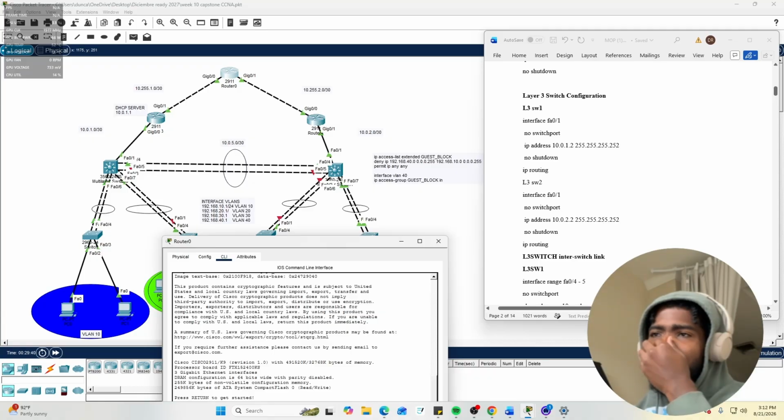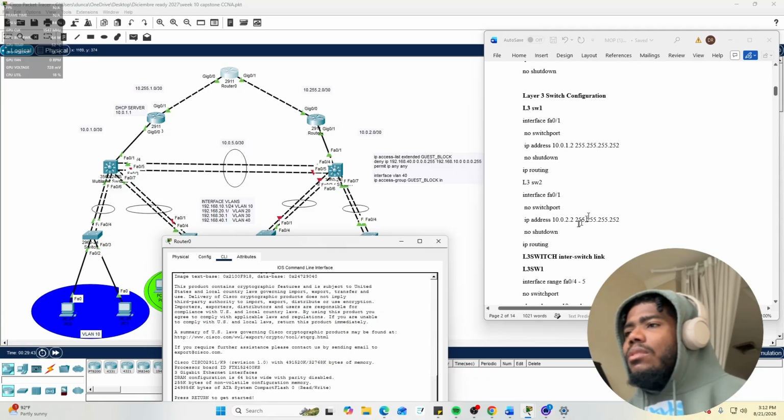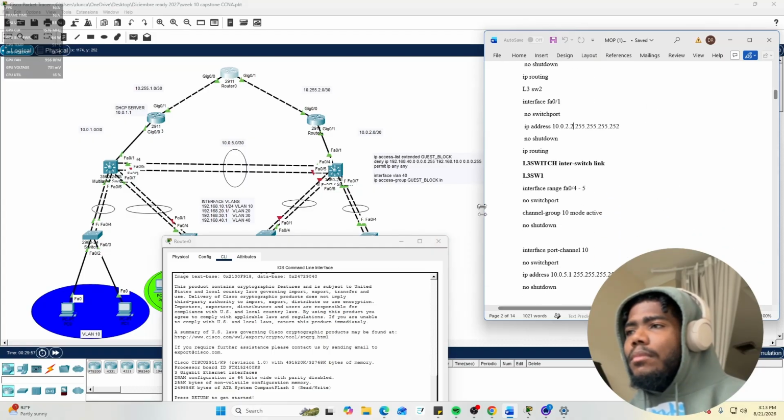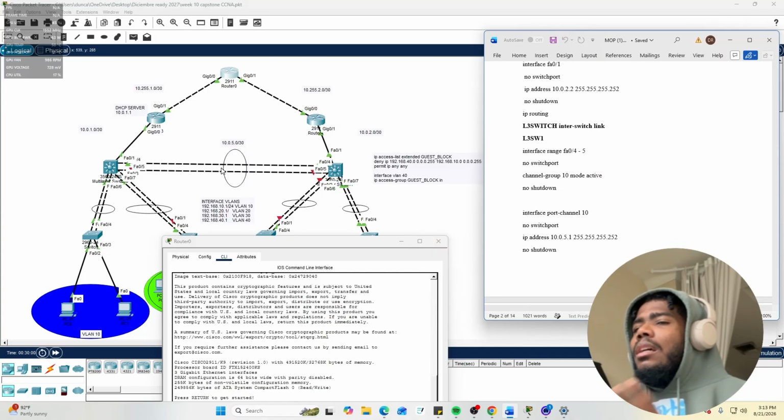So then I went to L3 switch 2, which is on this side, and did the same thing. We assigned the number 2 because we already assigned the number 1 to the other one. No shutdown, ip routing, no switchport. That's very important. If we don't do no switchport, it's not going to connect. So in here we start doing the bundling, basically the EtherChannel,